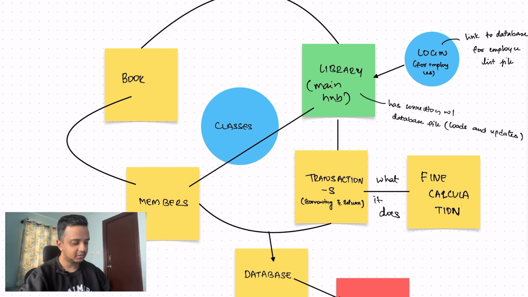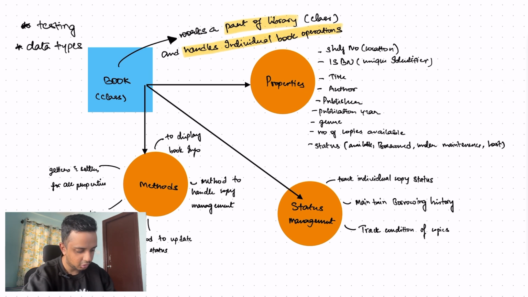complex. So what happens is, after I understood that the library is the main spine and the book deals with it, let's bring in the book class. So what I'm thinking is, first I'll start with the methods and all this part, the properties and status management. Then I will add the library class. After bringing in the library class, I will introduce login,